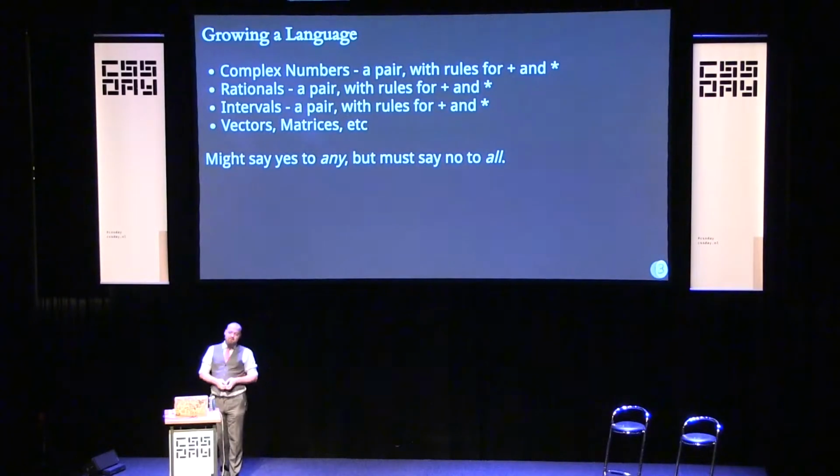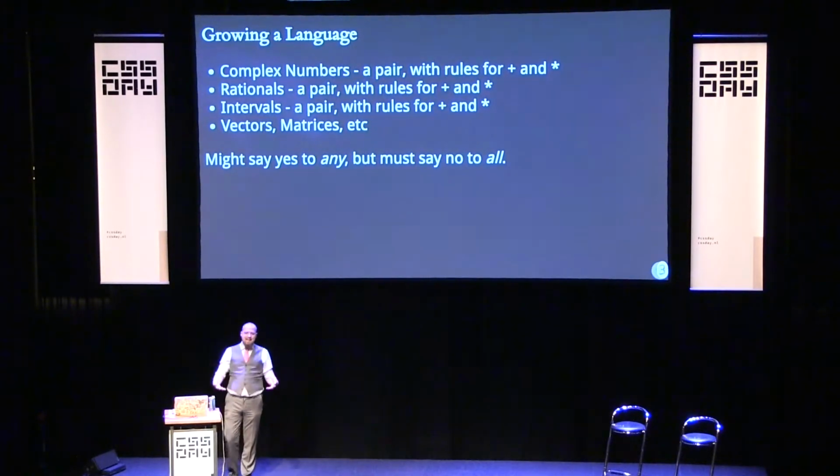But if we said yes to all of them, if we added all of these, we suddenly have a huge complex type of number system in our language, something that's much harder to learn and harder to work with. You have a lot of weight that the average person, who pretty much just needs numbers, needs to care about, needs to be able to recognize the syntax of and understand at least a little bit of how they work, even if they're never going to use it.